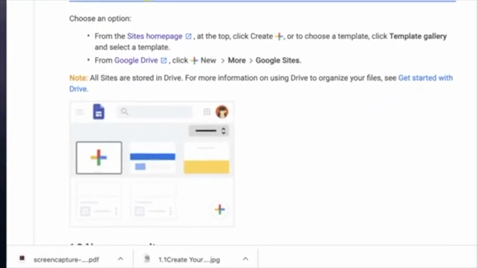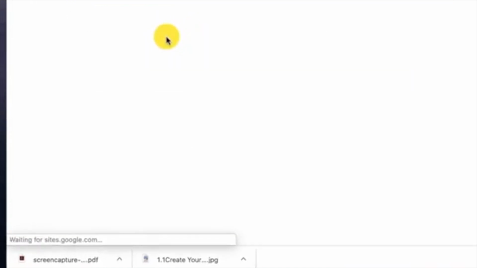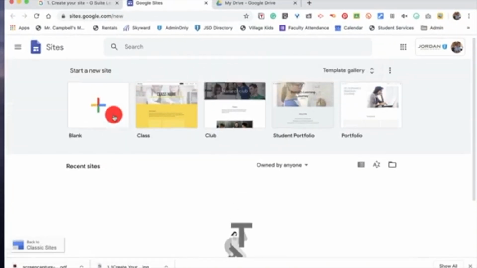So the first thing that we're going to do is we're going to create a site. There are two ways to do this. You can actually create it from the sites.google.com homepage, or you can do it from your Google Drive. So let's show you how to do both of those. When we click on this link, obviously it's going to open a new window. That's what that little bar means. We're going to click on Sites homepage, and you'll see I'm actually brought to a page where we have some